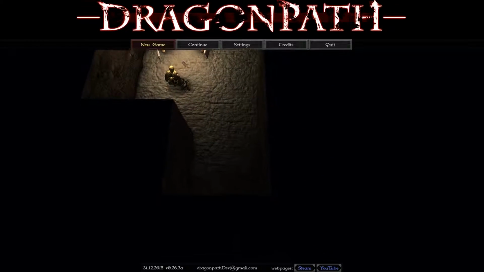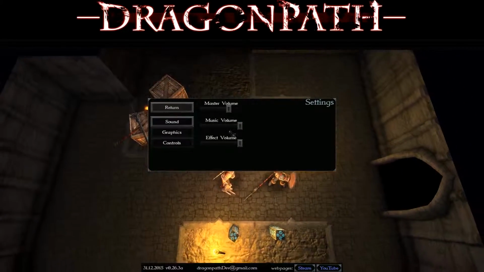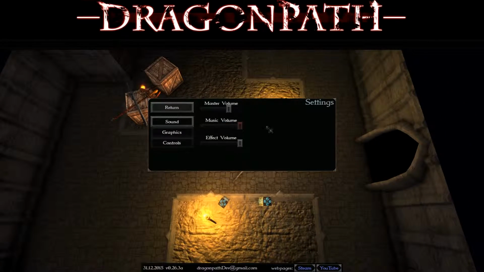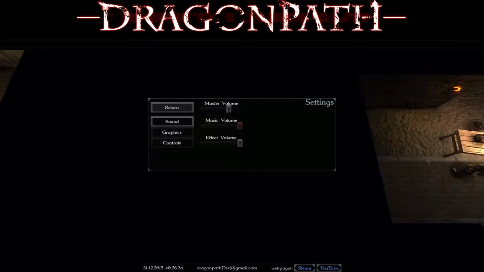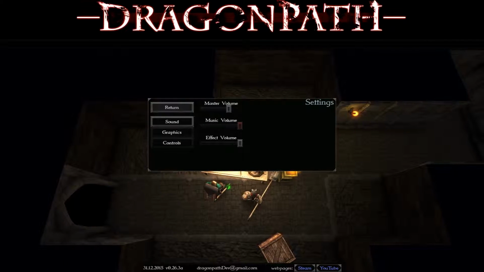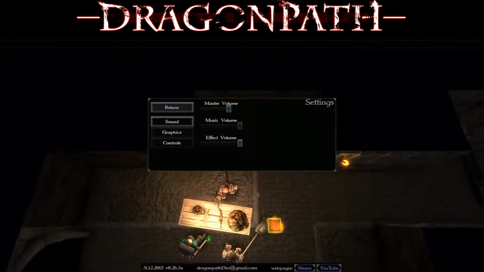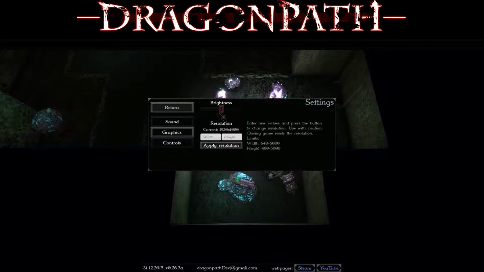Anyways, so we're gonna look at the settings real quick because there's not much of them. So you got sound, which is your master volume, music volume, and effects volume. Now there was a launcher. This is a Unity game, so I had the Unity launcher that had the presets of low quality to high quality, which I think the highest was beautiful, which, yeah, okay. But yeah, so it does have that launcher, and I assume that would affect how your lighting works and all that stuff. I would like to see that in game, because currently the only thing in game is your brightness and your resolution,